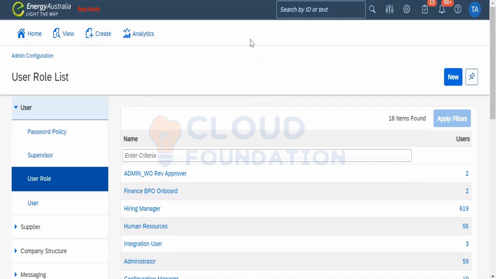Simply because they need to manage in and out of the hiring process. They need to manage the suppliers and work with the buyers, in the sense the managers from Energy Australia, for the requirements. They say they need 4 contractors for this particular role in this particular location at this particular time. I think you guys know how they do that. They are going to put across the request and the requisition will be served accordingly.